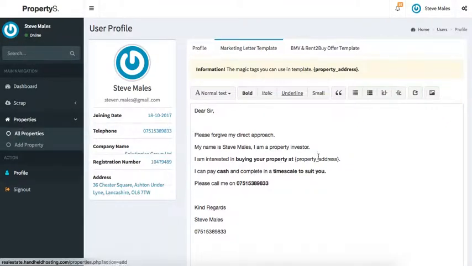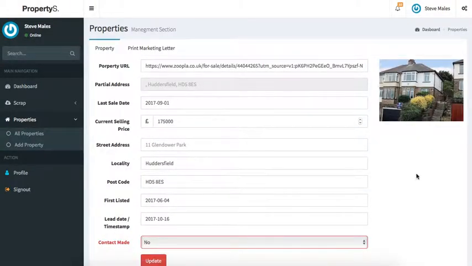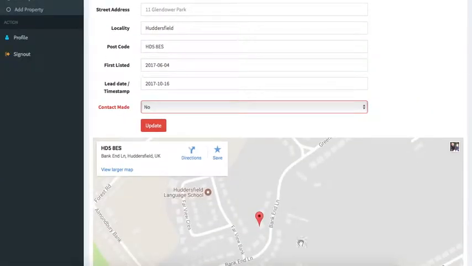So go back to the property. So I'll edit the property. We've got the photo in here now as well. Obviously we've got the map, you saw that before, I think. And then